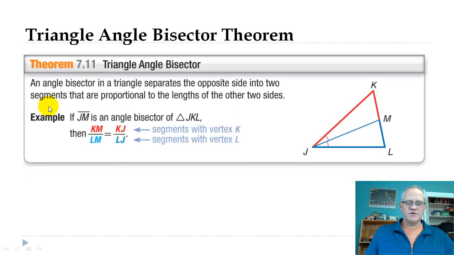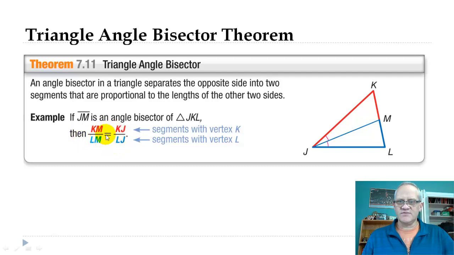All right, the last thing that we need to talk about here is the Triangle Angle Bisector Theorem. This is different. It's, again, dealing with an angle bisector, but it's different in the sense that we're only going to have one triangle, not two similar triangles. And if you notice how this is marked out, from J to K and K to M, they've marked that as red, and M to L and L to J is blue. Here's